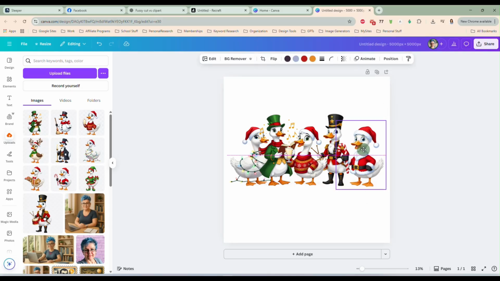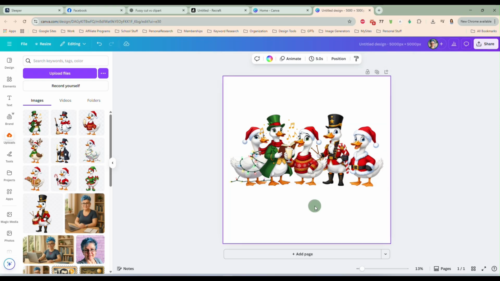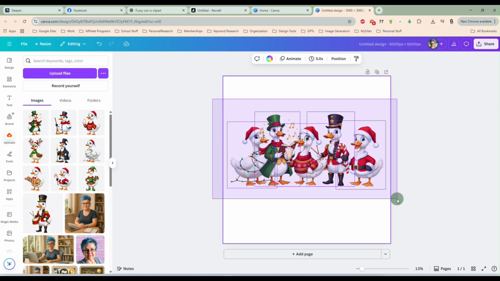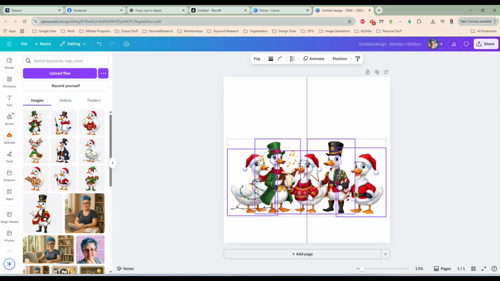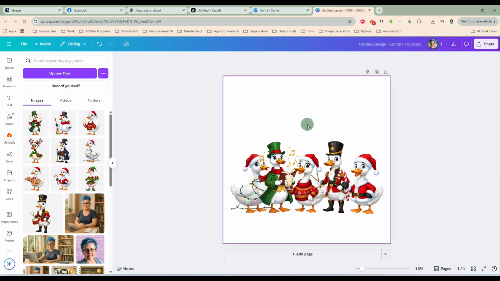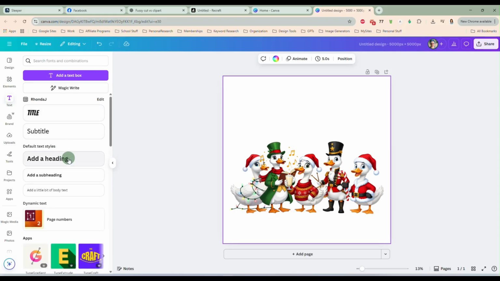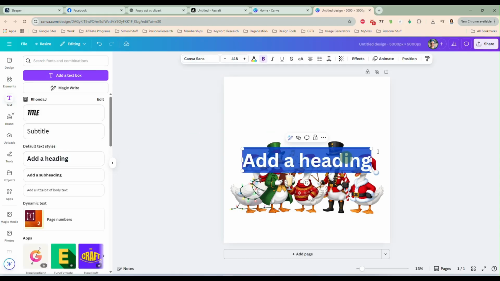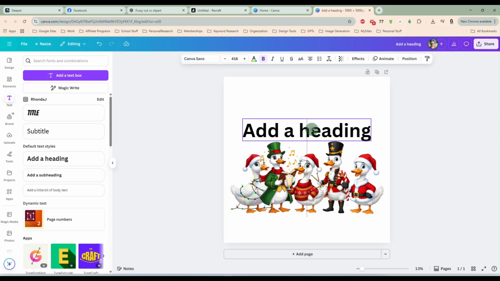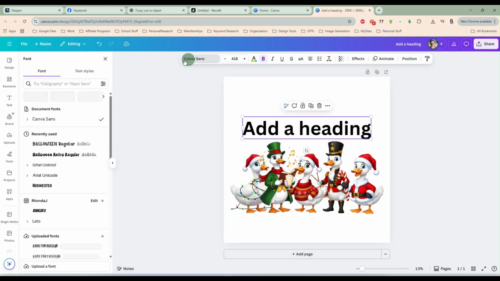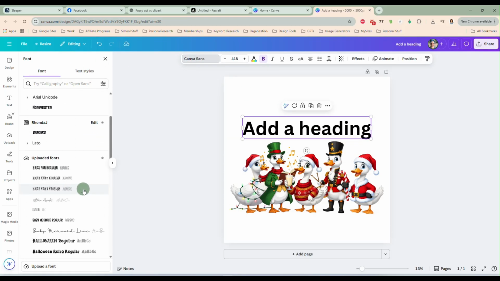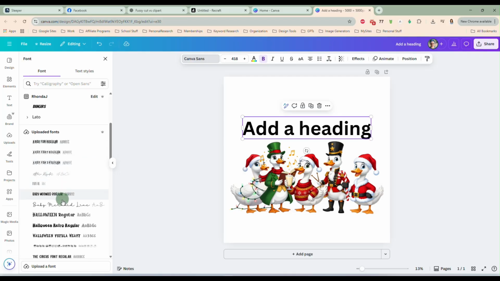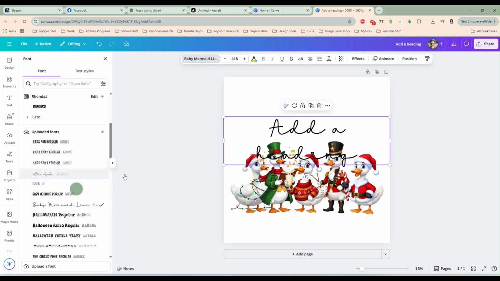And I think that looks pretty good with the geese all lined up in a row like that. So we only used a few of them here, and we're going to group them. And then above it, we're just going to add some text. And let's find another. Let's do